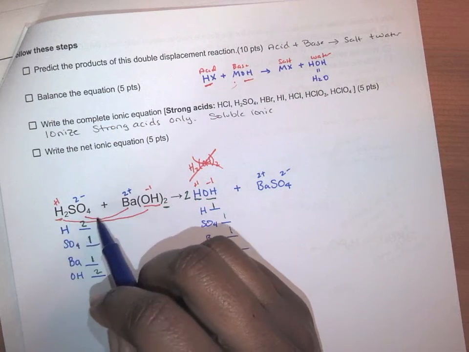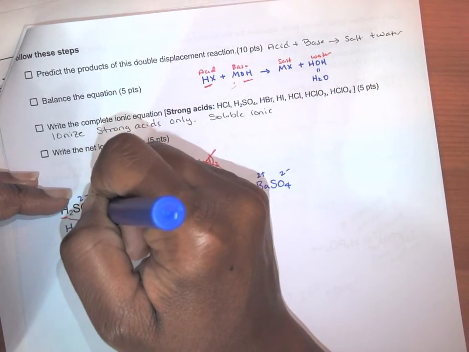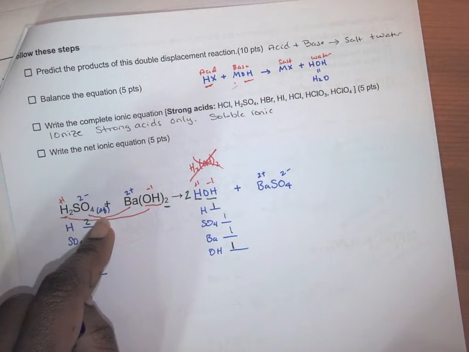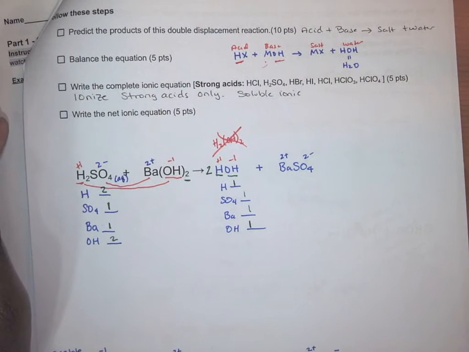So all of the acids, they're always going to have an aqueous symbol, but there's something that you need to know about acids when we do the complete ionic equation. Just because acids have an aqueous symbol, we can't just split them up based on that. And that's because you'll notice that acids are not